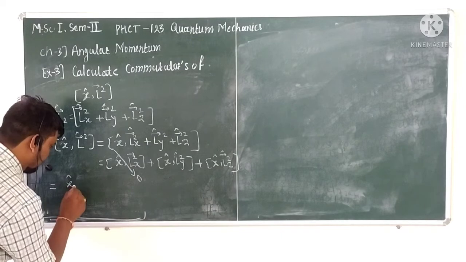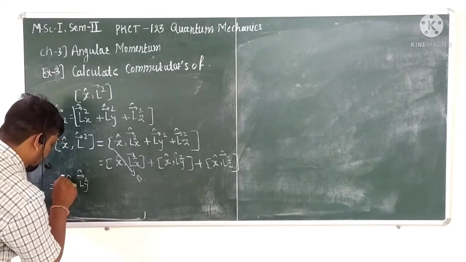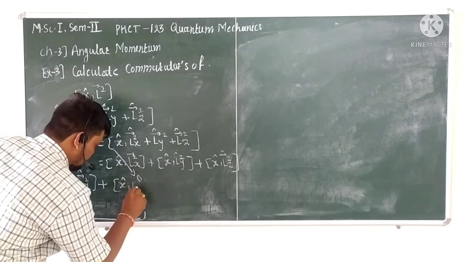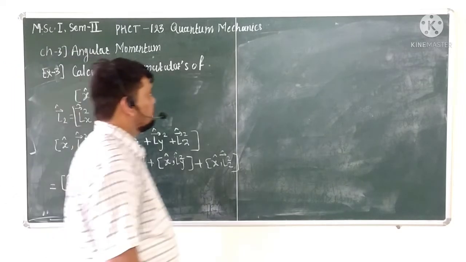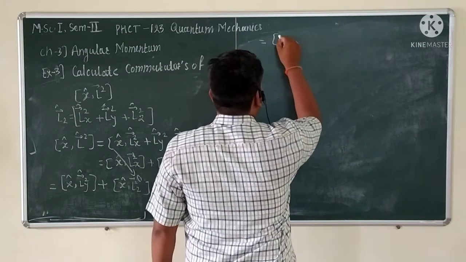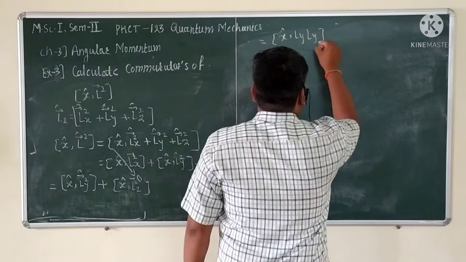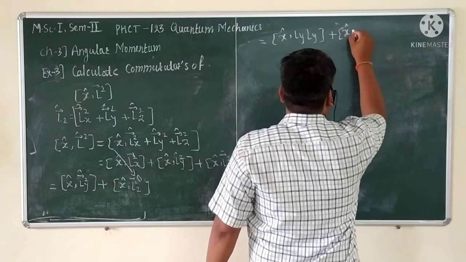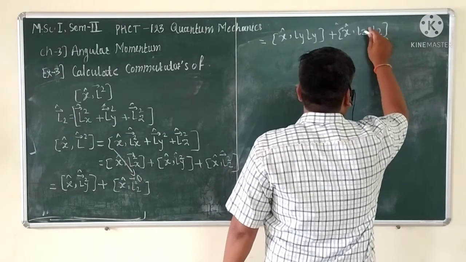This x cap comma Ly square and plus this x cap comma Lz square. I want to solve these two brackets, and this is written in terms of x cap comma Ly, and this plus sign is there, and this x cap comma Lz. Okay,